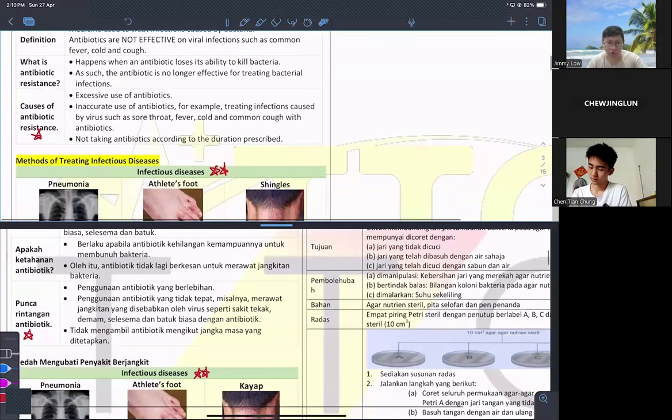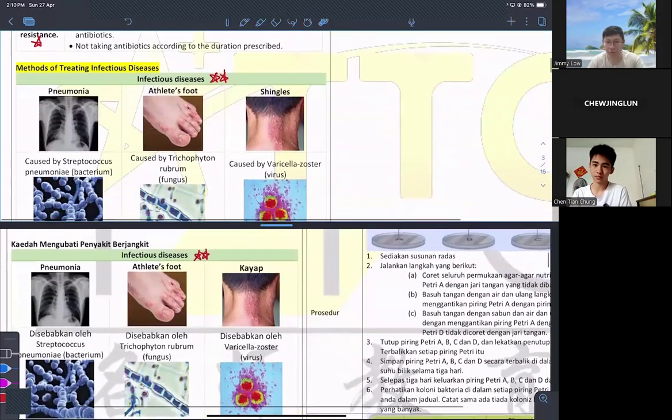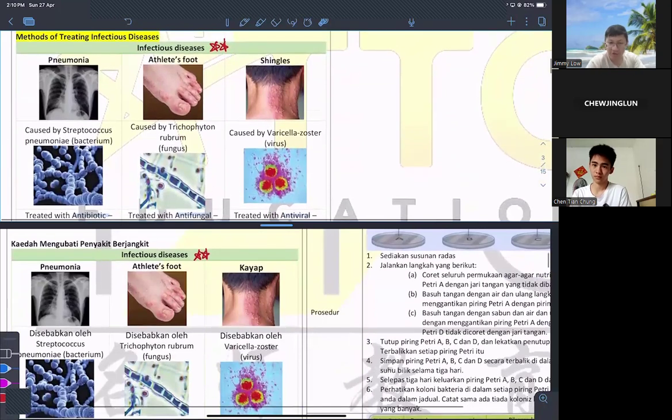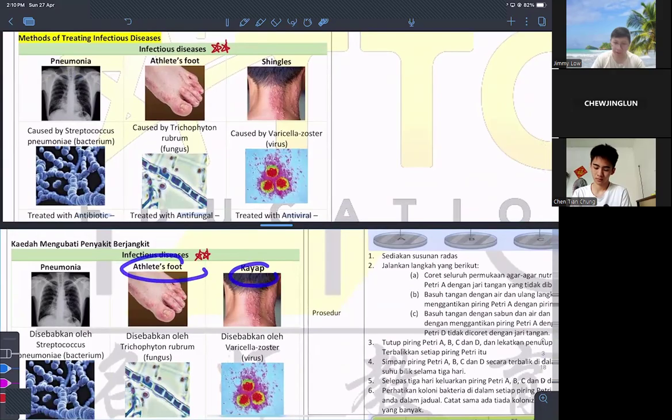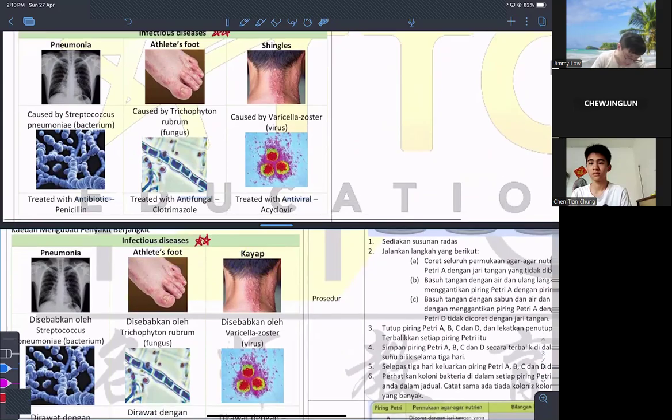Okay, so this one I give you 2 stars because it is very, very likely to come out either in your objective or in your subjective. Somehow it's quite popular. So you have to know the names of the diseases, like athlete's foot, shingles. Know the name, know the pathogen,